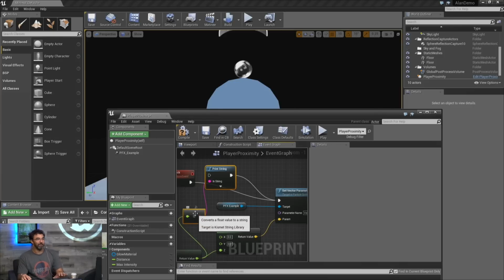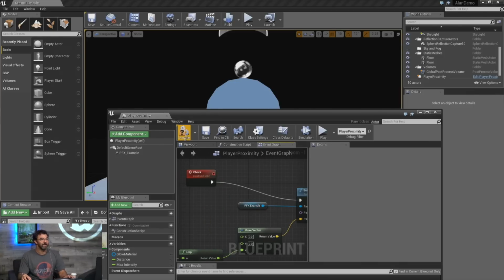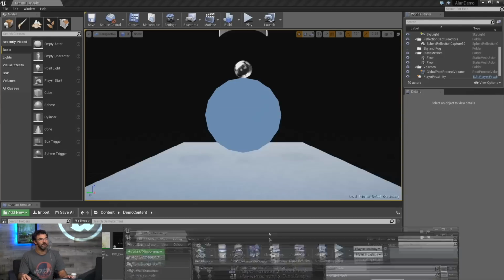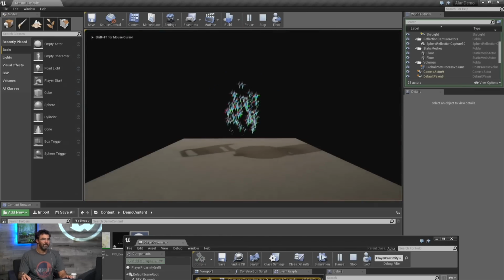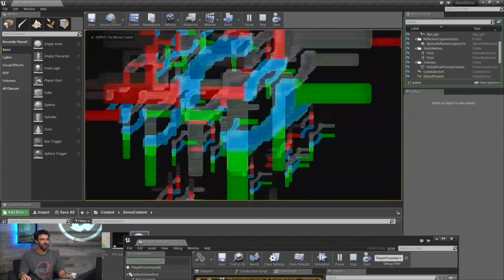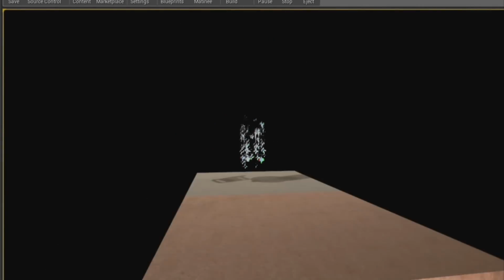That's the wonderful thing about blueprints. They look great, and then you realize you're not actually using them, and they don't do anything if you don't place them in the world. So my blueprint is working as I get closer to the particle system. The particles change velocity